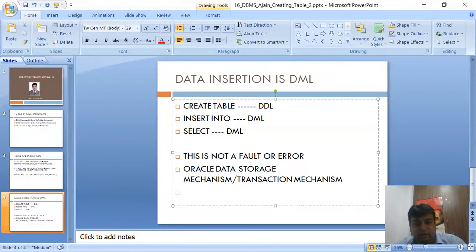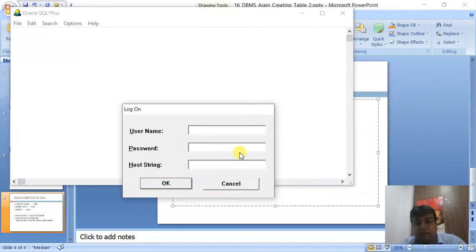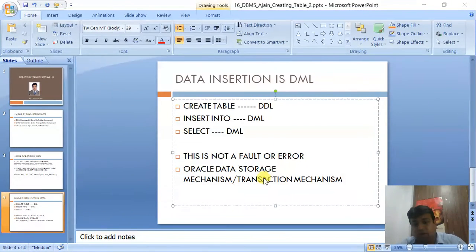Why has the data gone? Actually, it is because we have not permanently committed the data, or we have not finished our transaction.